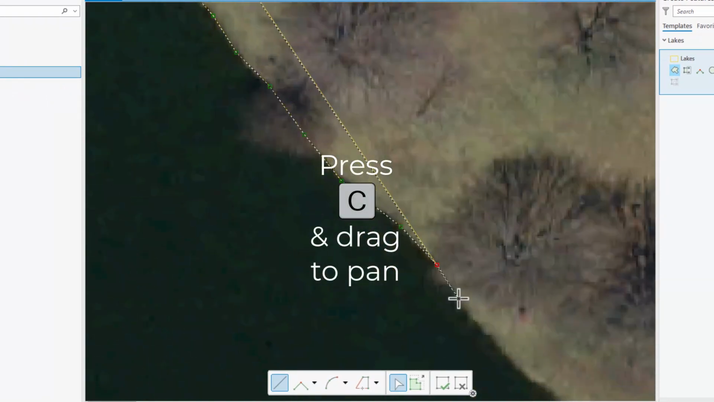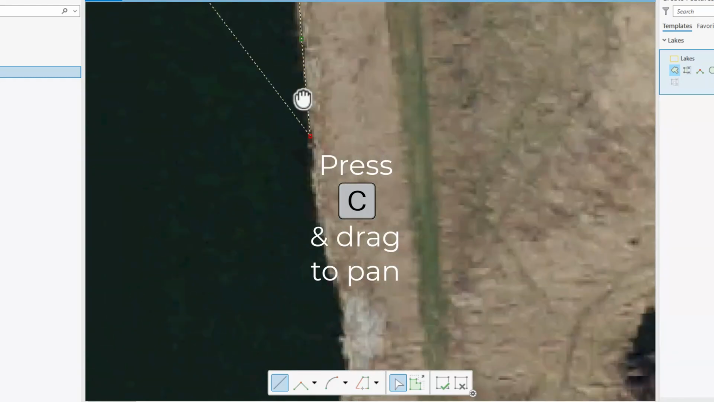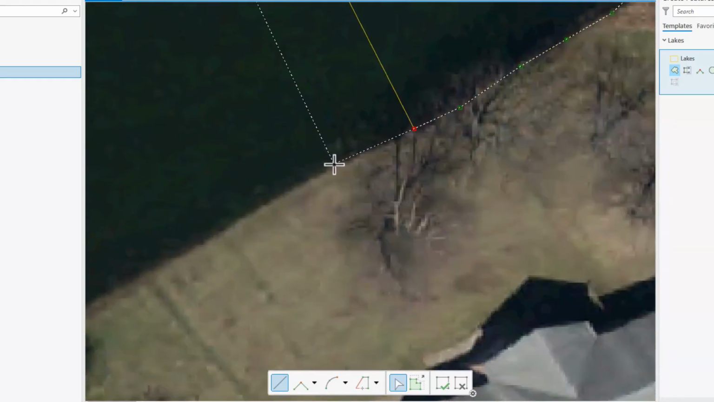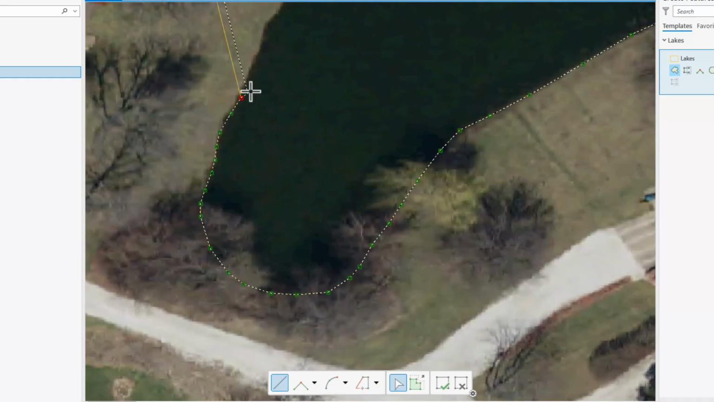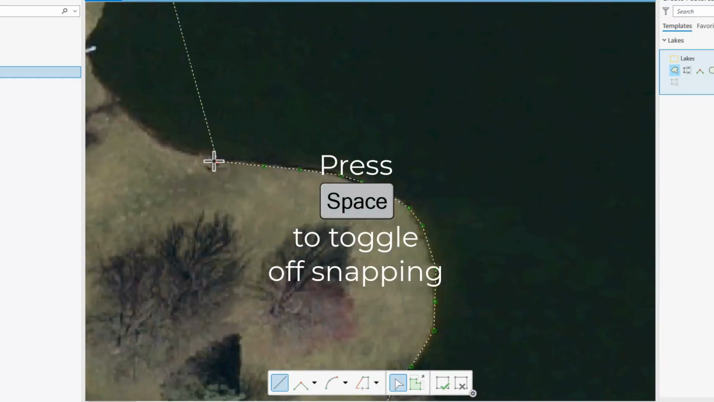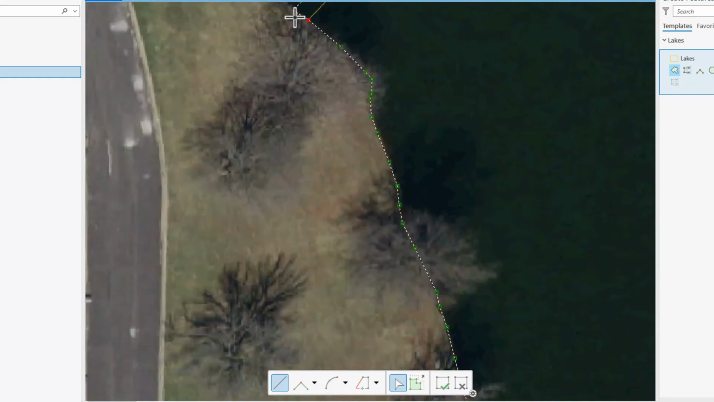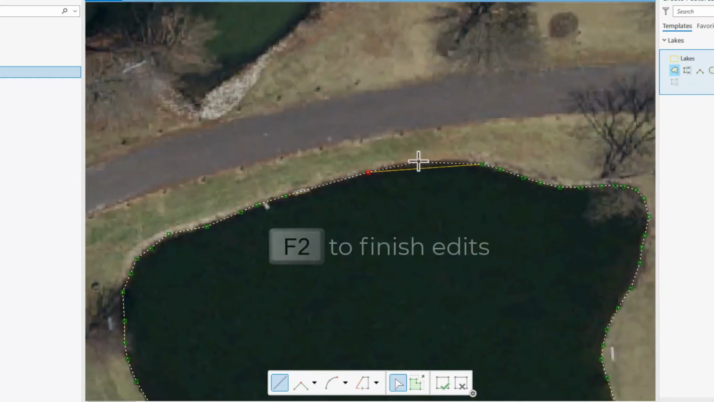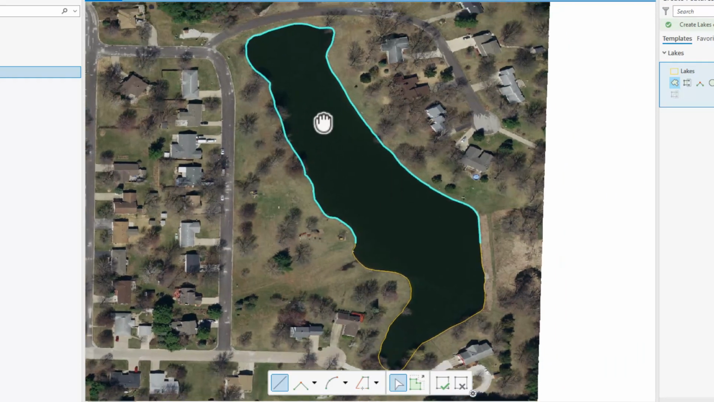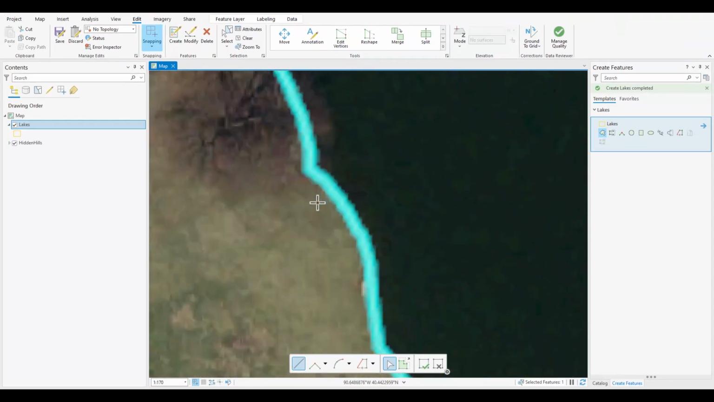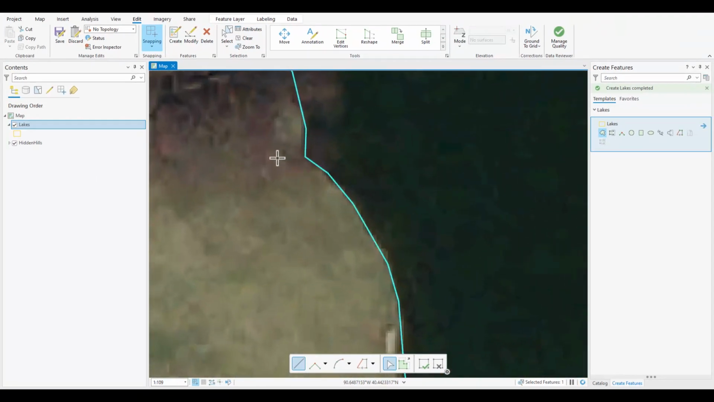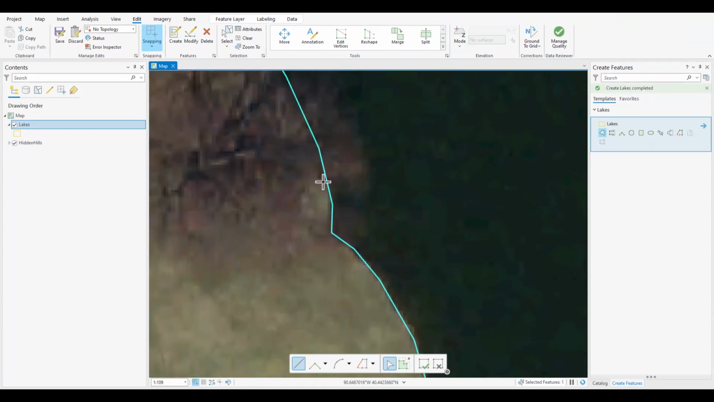Recall that if you press C, it'll allow you to pan the map, and then if you get into a place where snapping becomes an issue, you can toggle it off temporarily by holding down the space bar. And you can see here how when we go from one vertex to another, we have a straight line change